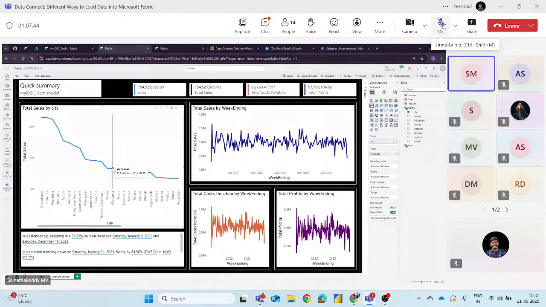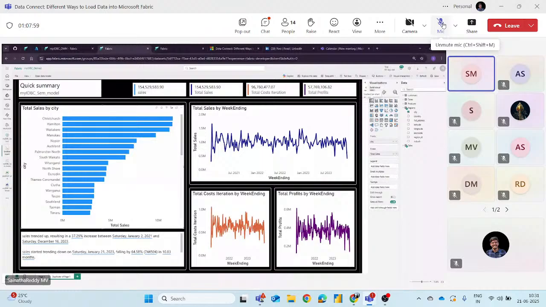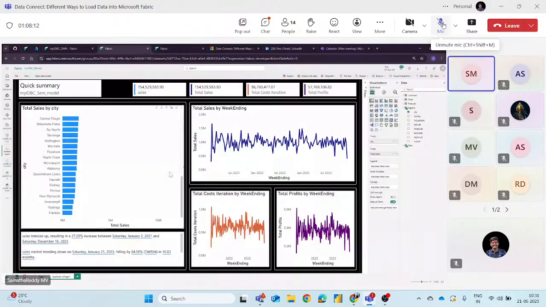Okay, cities and total sales, but you don't see anything. It is like a line and column chart, but based on data you need to build the right chart so it shows the exact information. Now I have taken a clustered stacked bar chart. You can see Chisgard and Halmington, these are the city names, and how many millions of sales each generated, low to high. You can play around with it.